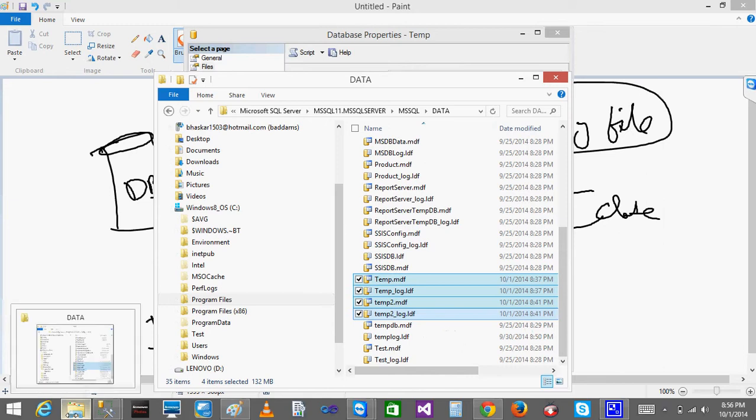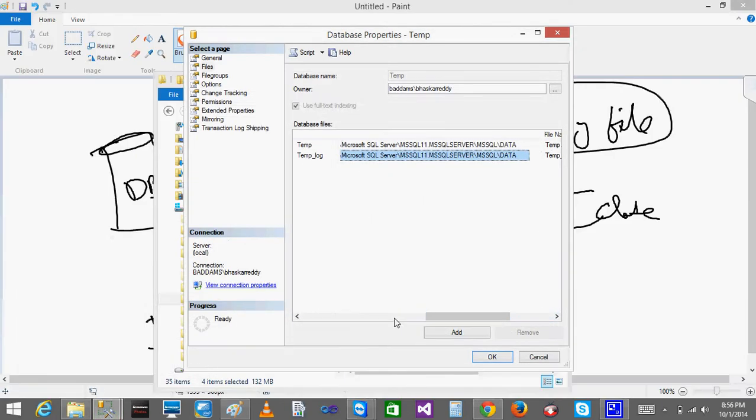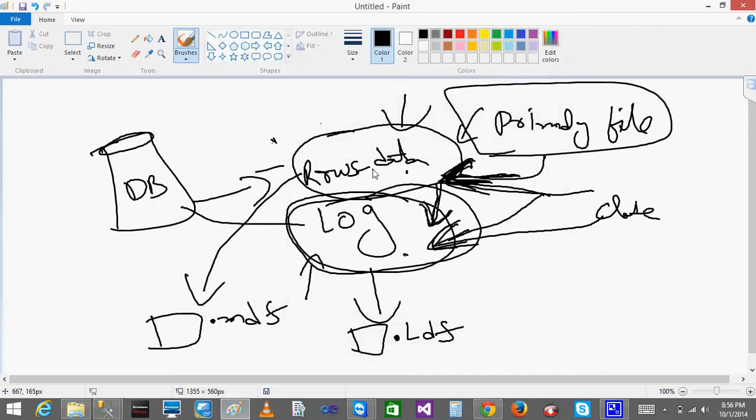Okay. So now what we are going to see is about the files. My master data will be stored in the primary file.